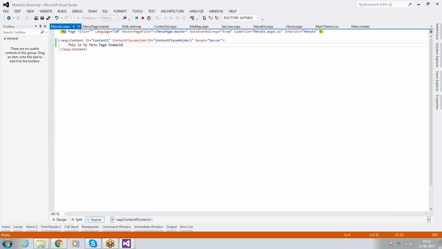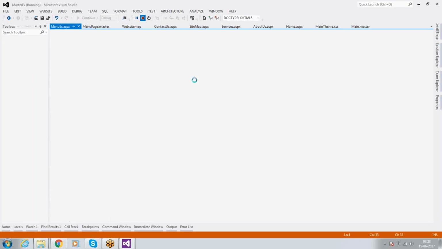Now what you have to do is, we can make this design as much more visible as we can, and as much as we can apply styles, we can apply to these elements. Now we have to write some style tags.